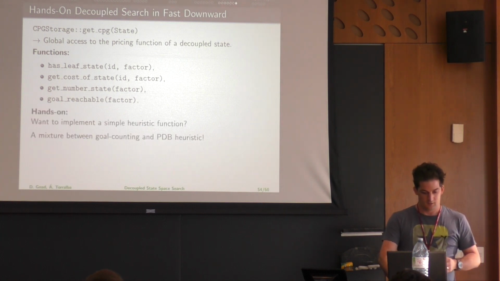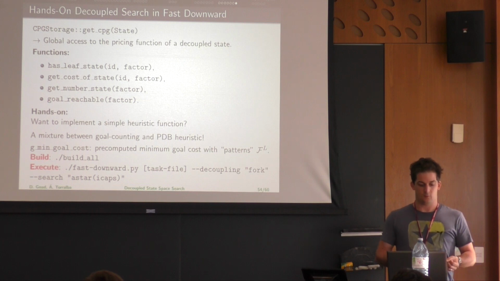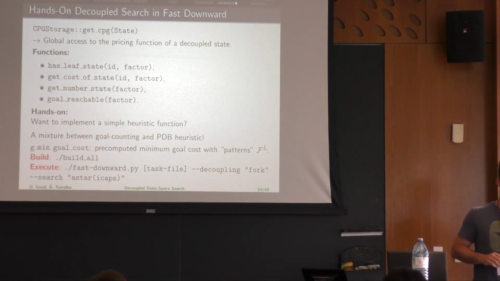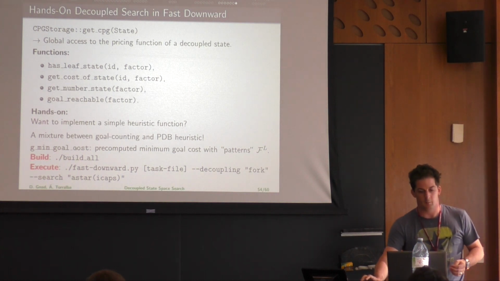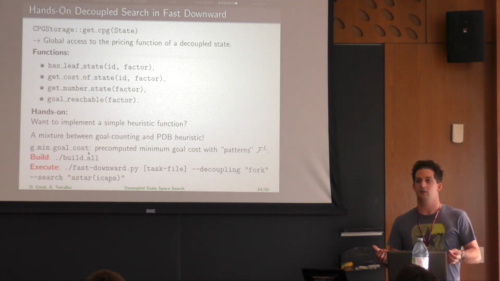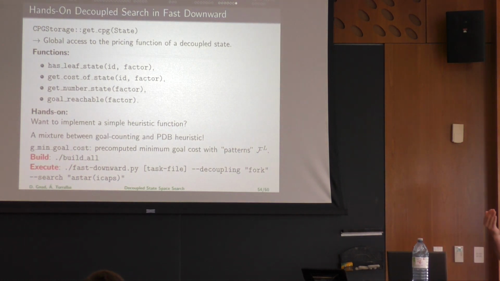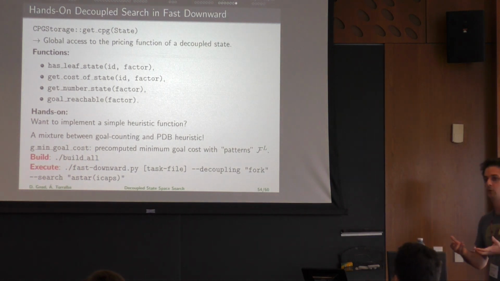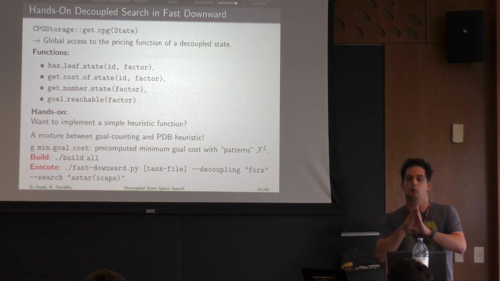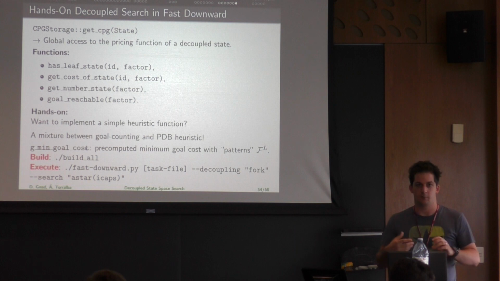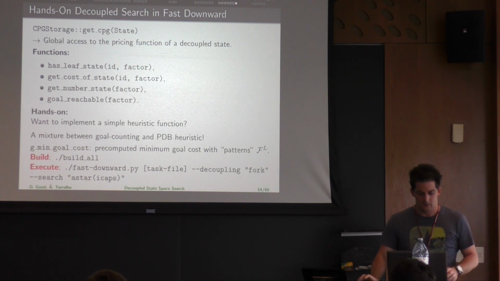Oh, I don't have it anymore. So as I said, we will implement a mixture between goal counting heuristic and PDB heuristic. And to do this, some more explanation. So basically, this global minimum cost is a vector of integers that for each of the leaves, so it's indexed by 0 to number leaves minus 1, has pre-computed the minimum cost of each leaf to reach its goal position. That's one of the things that you need, and then you can basically use it as a PDB where you need to check for the maximum cost. So